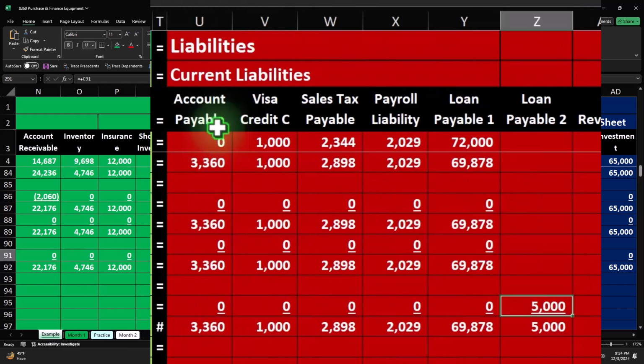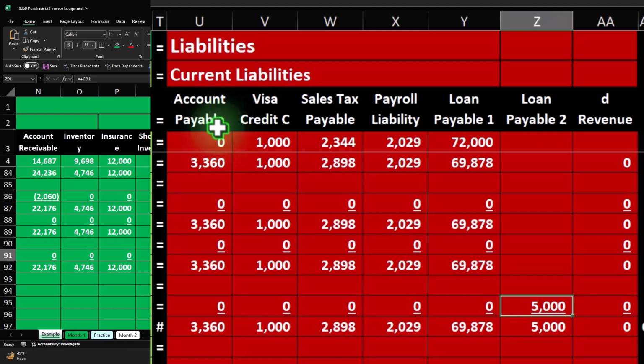So there are some issues with the loans we want to keep in mind. One is that you might have a short-term portion and a long-term portion of the loan, because if you're paying it back in installments and the loan extends beyond a year, which it often would, then you're going to need for financial reporting a short-term and a long-term breakout. However, from a bookkeeping standpoint, I don't want to have a short-term and long-term breakout because that will be logistically difficult when I'm recording my payments, because I'll have to adjust the short-term and long-term portion after each payment,